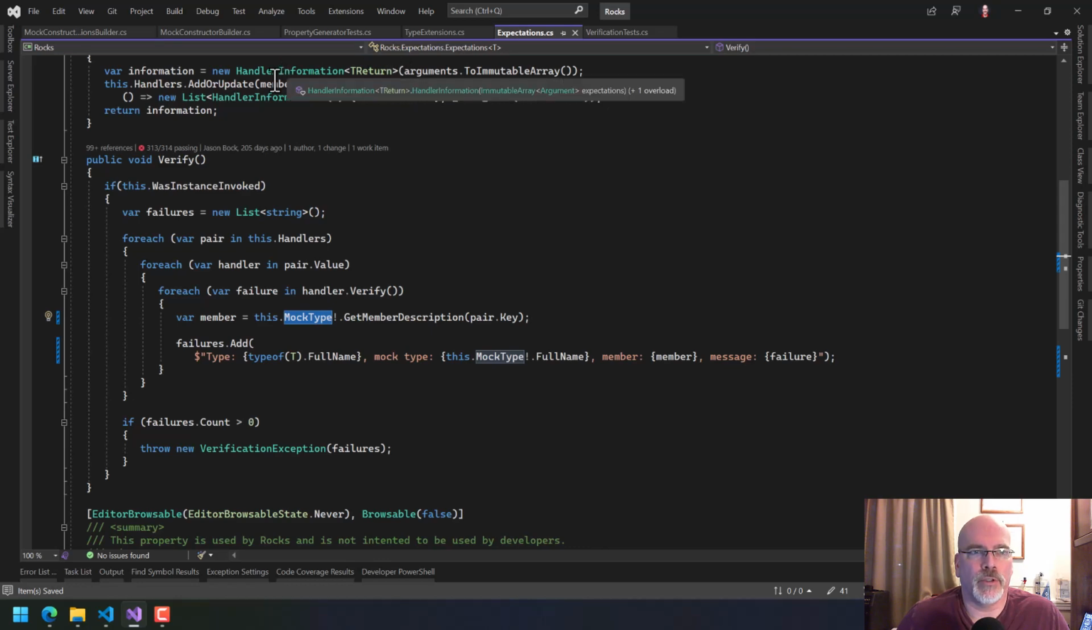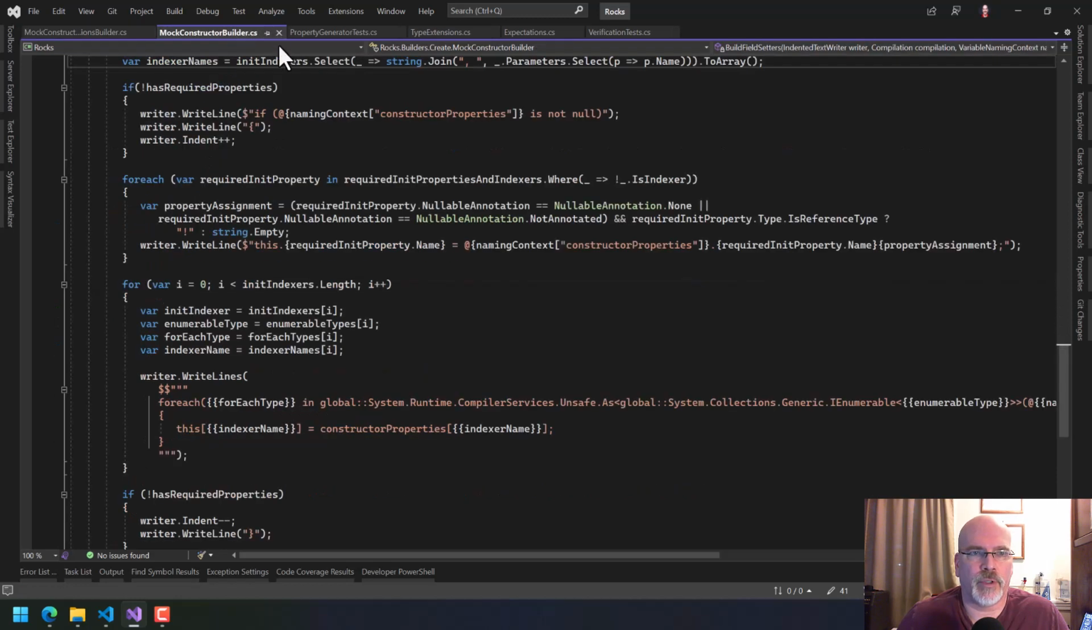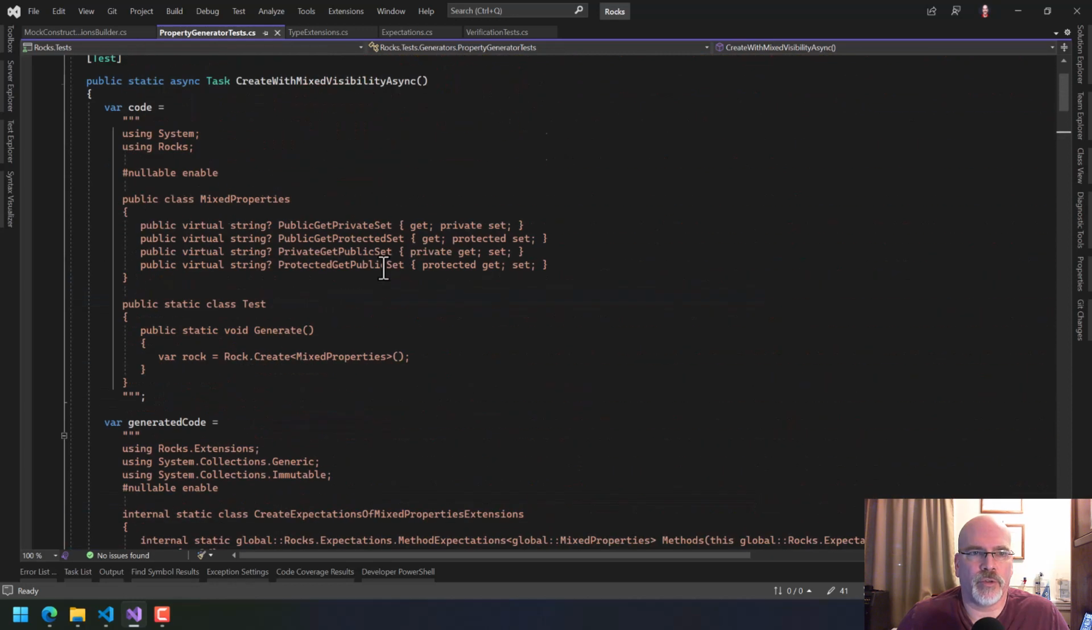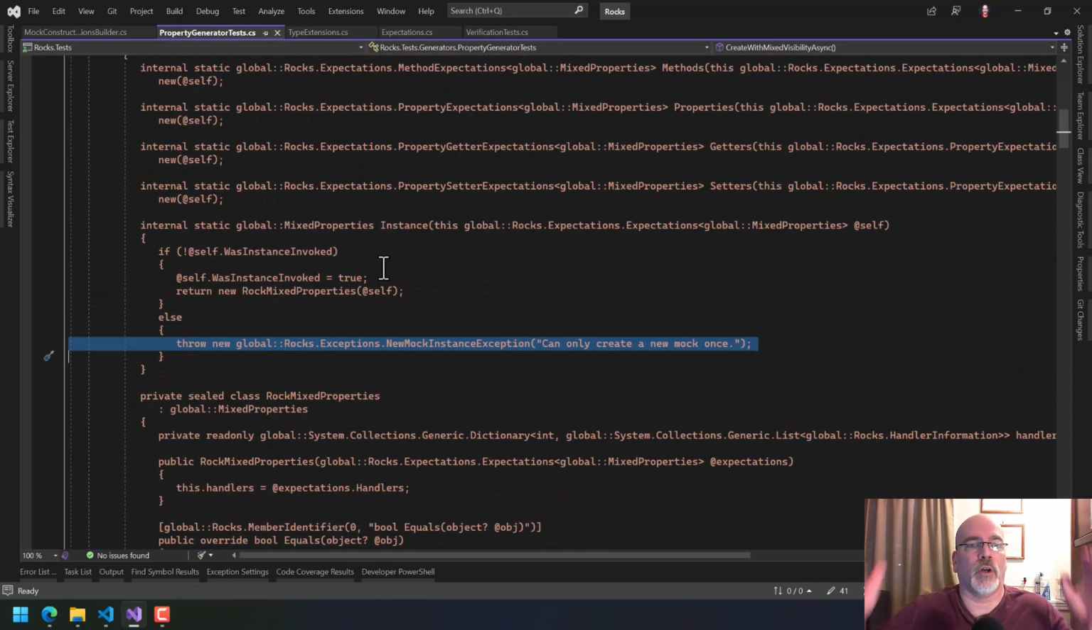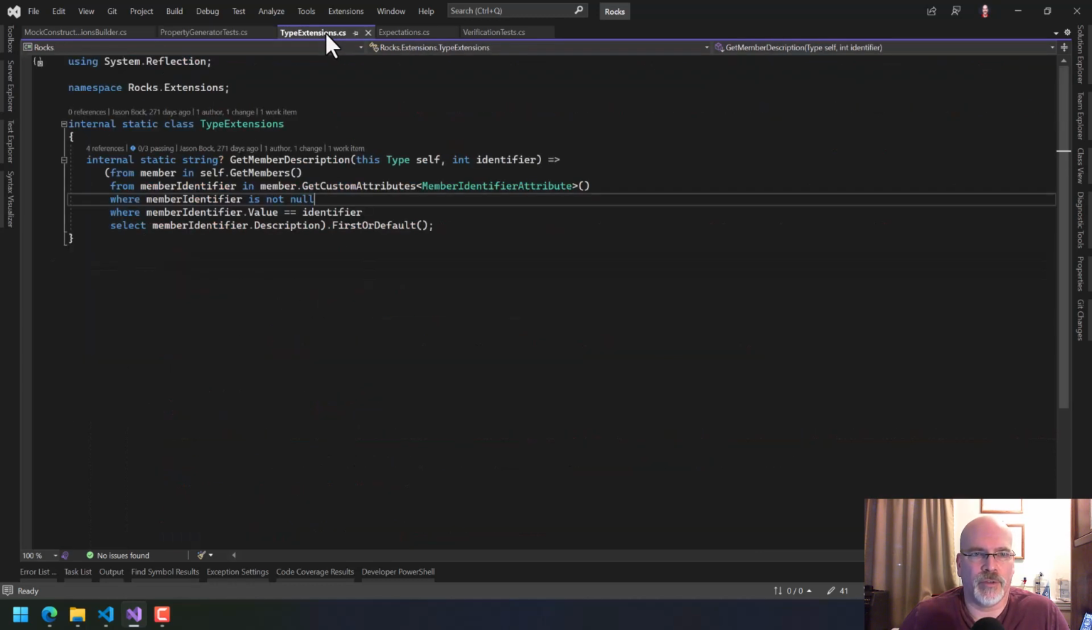And we also know that we've changed this. The constructor builder isn't part of it. We don't care about that. The property generator tests was just what we were trying to, but all of these are going to have to change. We're going to have new code here to change this, which is fine. This should now work. And I don't believe,